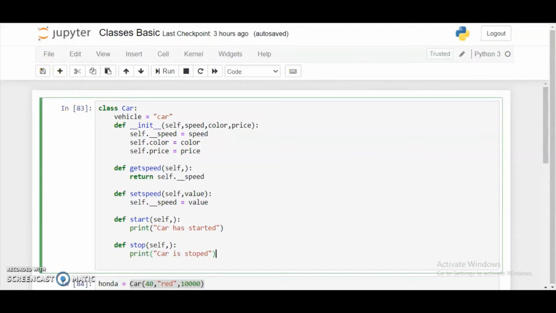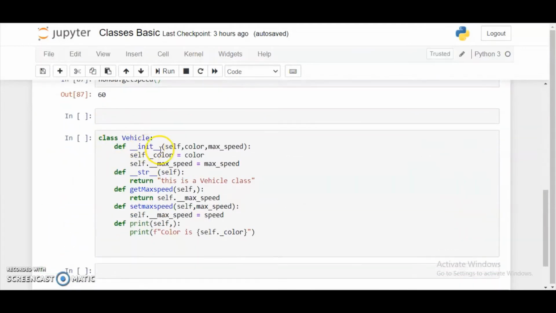The third pillar is inheritance. Inheritance is about inheriting some functionalities, attributes, and properties of one class in another class. The class which is inheriting the properties is called the child class, and the class from which it is inheriting is called the parent class.